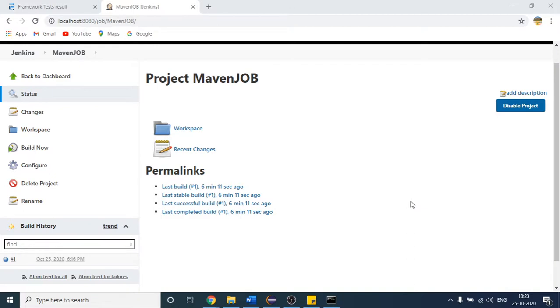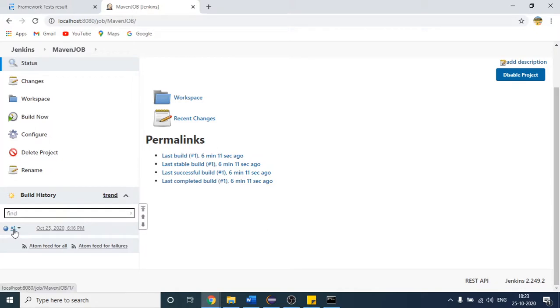So at 6:23, after 1 minute, I will not click this, but you will see that automatically job number one will be triggered, right? So let us wait. By doing that, every time we do not have to wake up early in the morning and click build now. Automatically Jenkins will do that for you. So this is how we have created automation here as well. We do not have to do manual work. After I think 30 seconds more, it will automatically run our test case, which is nothing but the job in terms of Jenkins.